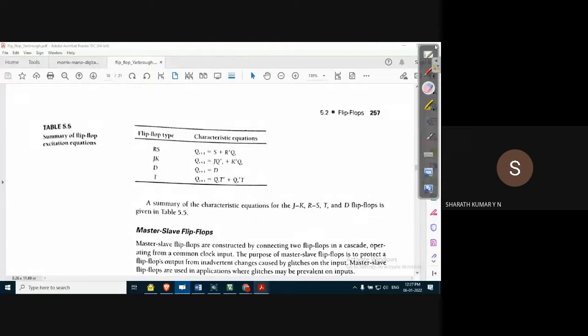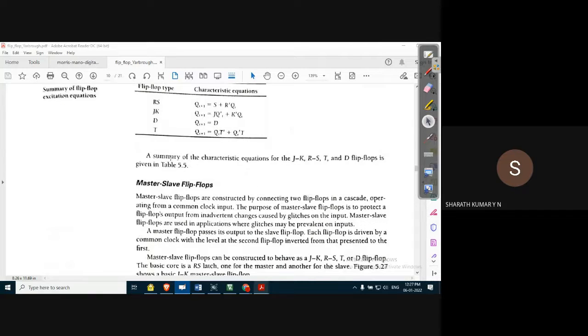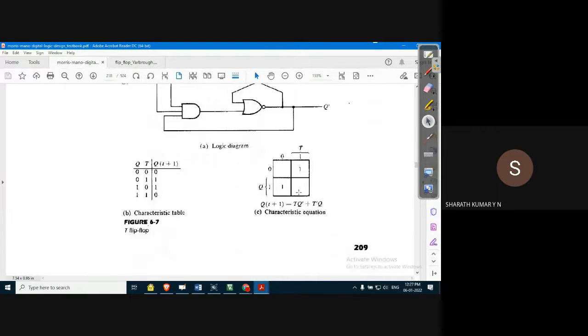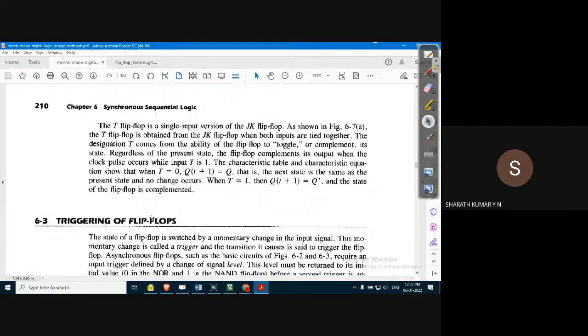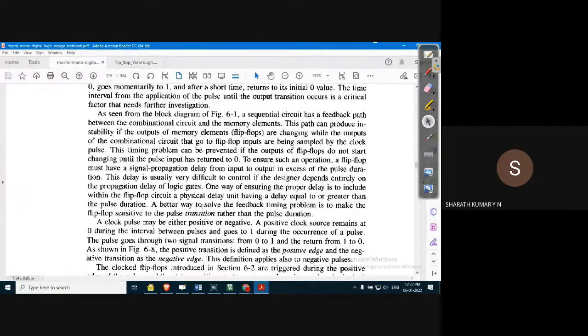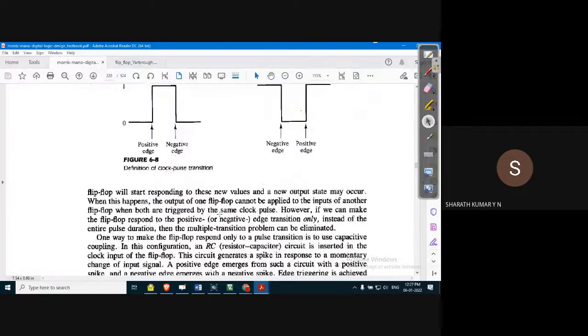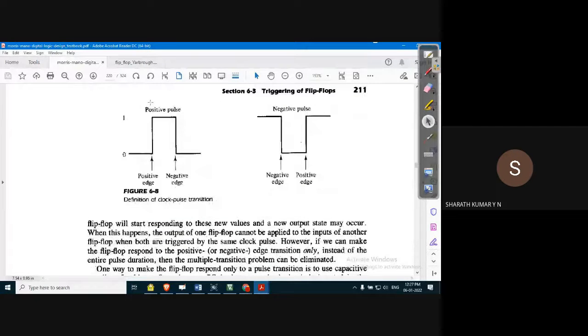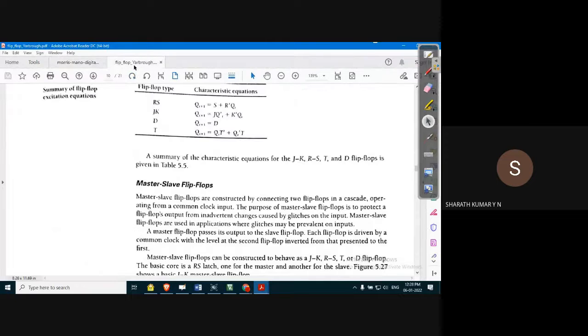It is similar to that of the JK flip-flop. If you observe the characteristic equations of the JK flip-flop and the T flip-flop, in the JK equation, if J and K are replaced with T, it becomes the T flip-flop, equation-wise. Yes, it's very simple and quite straightforward. Next is what is known as the master slave JK flip-flop. Meantime, I'll check here for the triggering of flip-flops; I'm looking for a master slave. This we'll discuss, no problem. We'll come back to this point a little later.